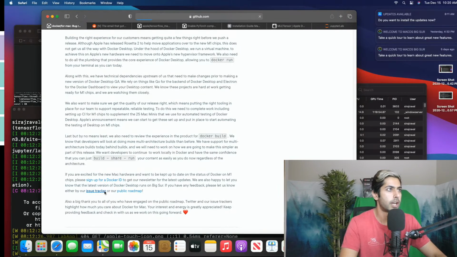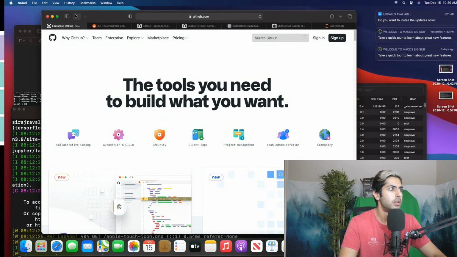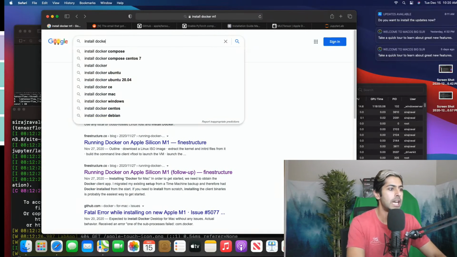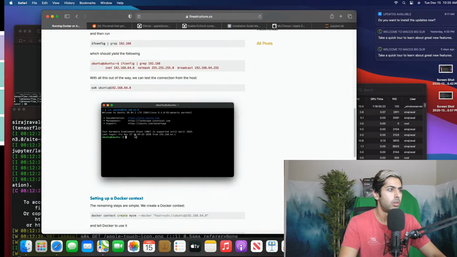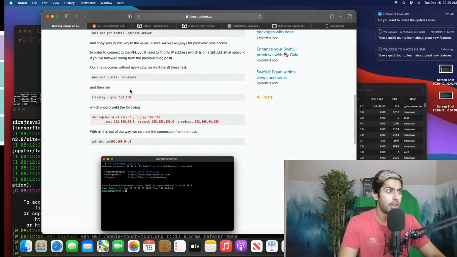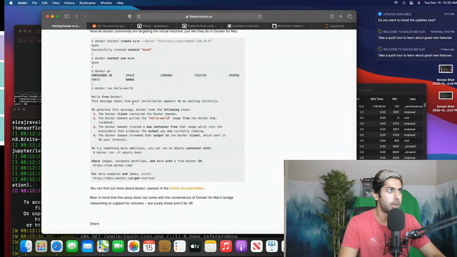Let's see the issue tracker. Docker for Mac. Let's just try to install Docker, not even for M1. Okay, so somebody got it working. I don't think Docker themselves have a really easy to use tool for this, but let's just